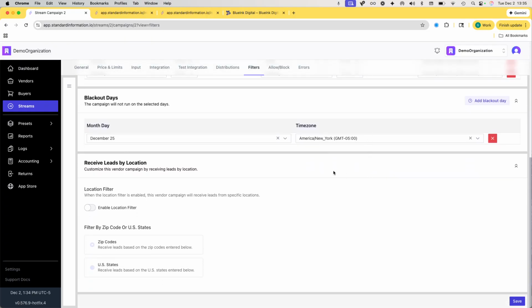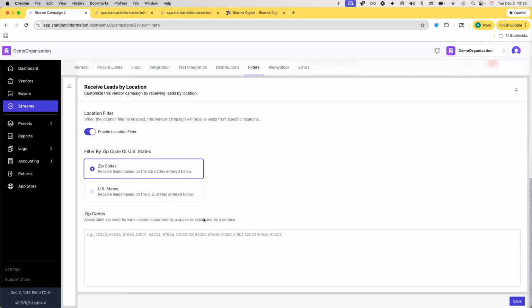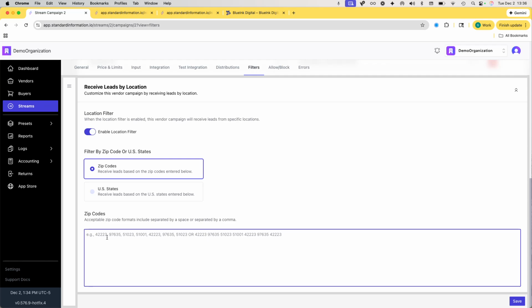Last thing, which is going to be pretty important, is enabling location filters. Most lead buyers have locations that they are targeting, and they only want leads that are in those locations. So you can add in either zip codes. This can either be comma separated or separated by a space. You can just copy this in from wherever you're keeping it typically. The system will do validation, so it will not let you save, and it'll throw up an error message if it's not formatted correctly. But generally, you can copy and paste anything that you have in, and if it accepts,